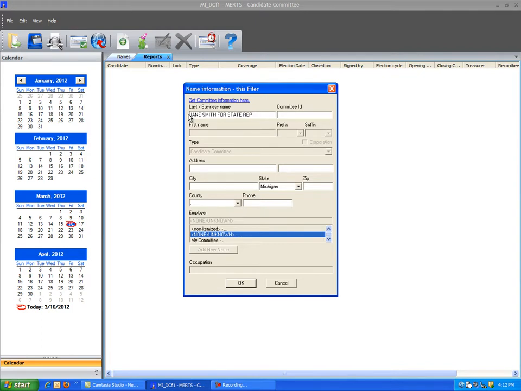Add the committee ID number provided by the Bureau of Elections office. Then continue with adding the committee's address information. Select OK when complete.